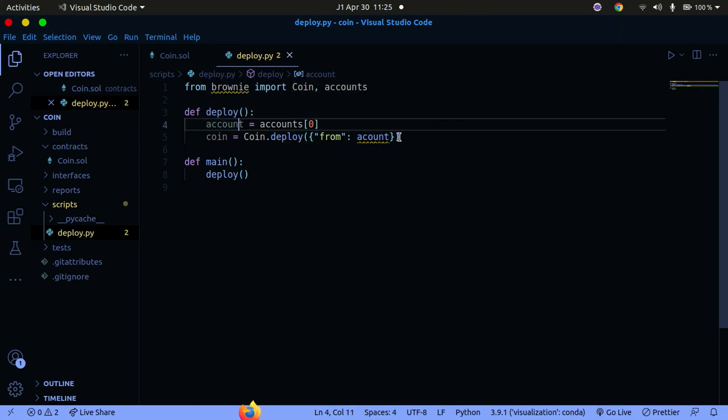I got the spelling of account wrong. So you're going to be deploying from account. Let me just get the spelling right here. So we're going to say we are deploying this, but where are we deploying from? Which account are we deploying it from? And you're going to say the accounts, this account variable that we got from the Ganache default account that I